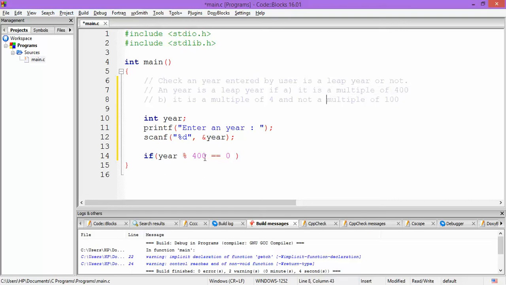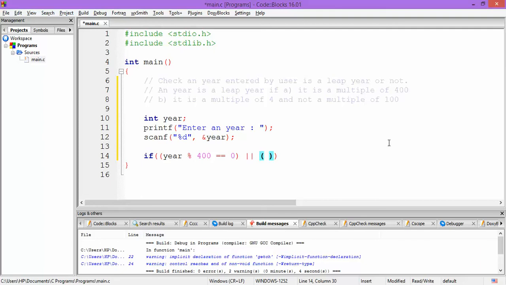Now if it is not a multiple of 400, then we need to check whether it is a multiple of 4 and not a multiple of 100. So let us take the first condition in a bracket and the second also within a bracket.